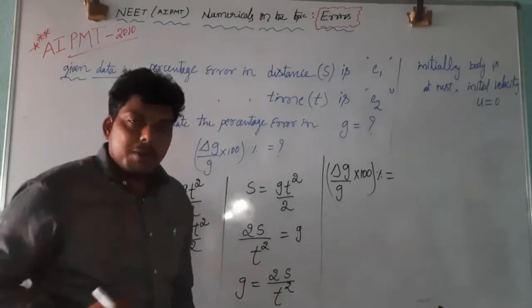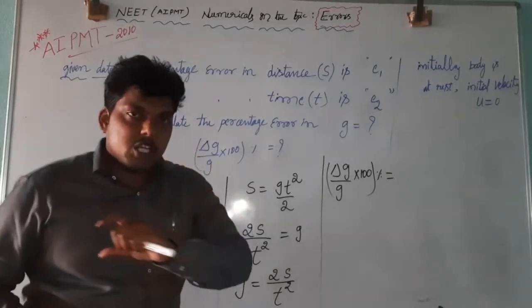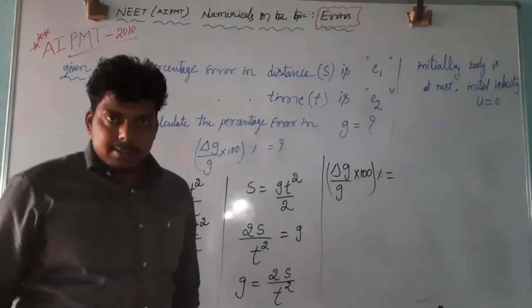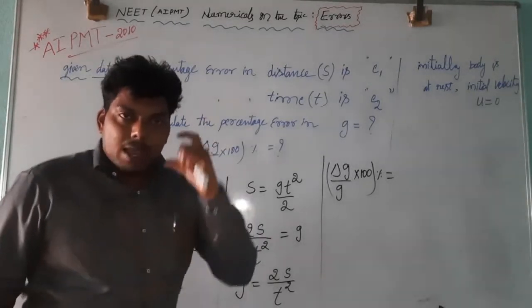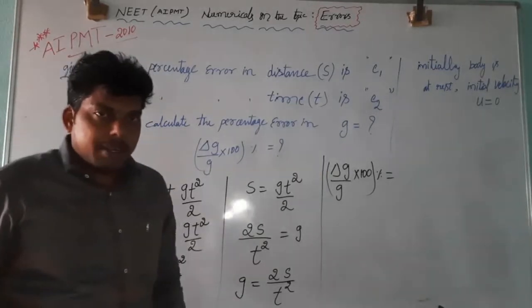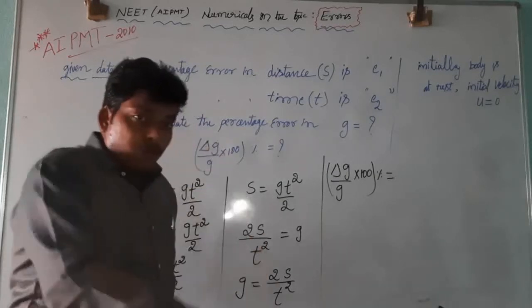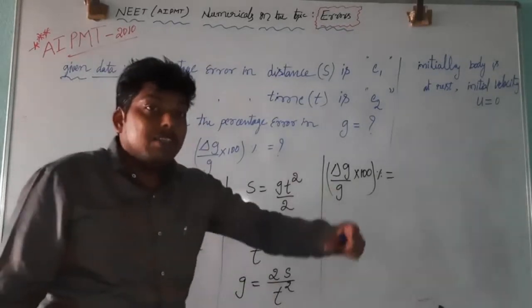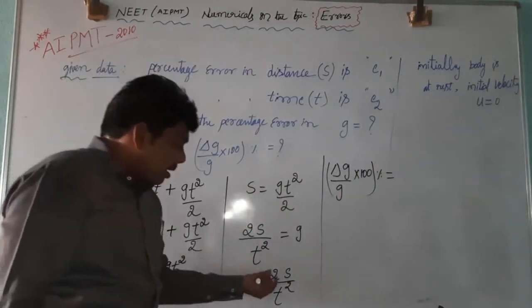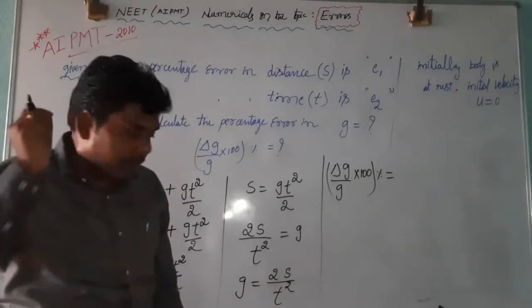You should remember one more point. Whenever they have given a proportionality constant in any equation, we should not consider it when finding the errors. While finding the error due to combination of physical quantities, take the powers. But whatever values are multiplied with the physical quantity, whatever the proportionality constant or values may be, we should neglect them. You should remember this point.